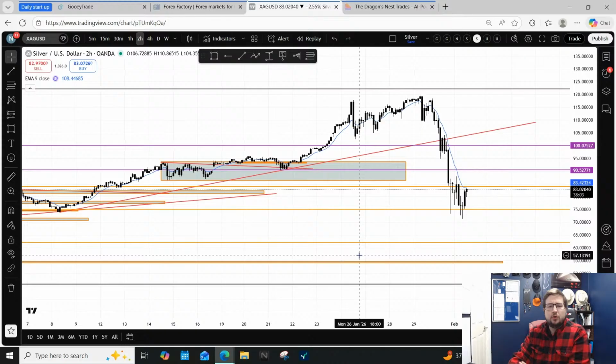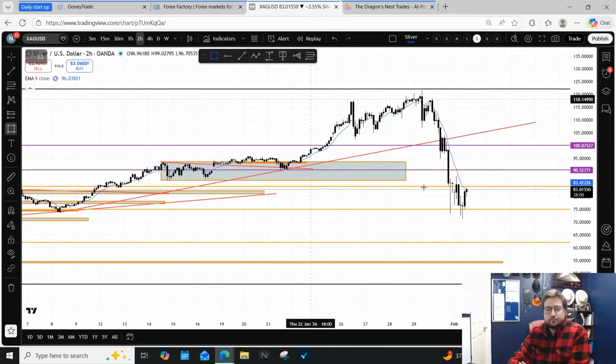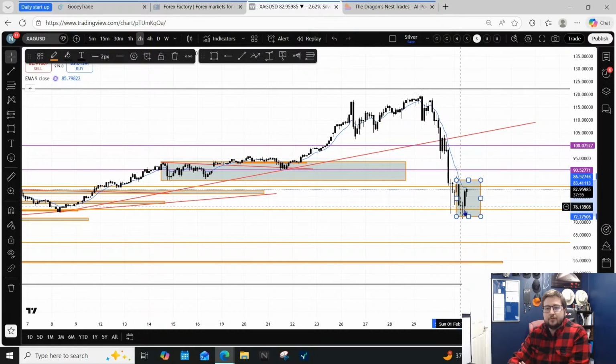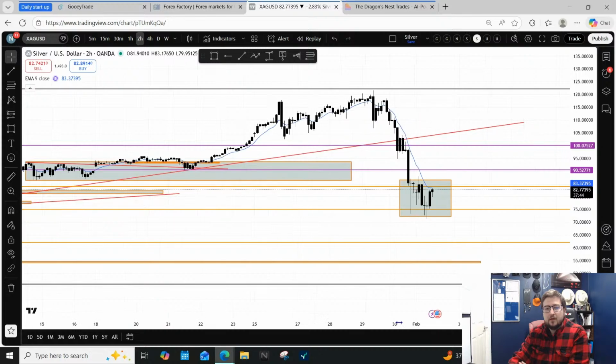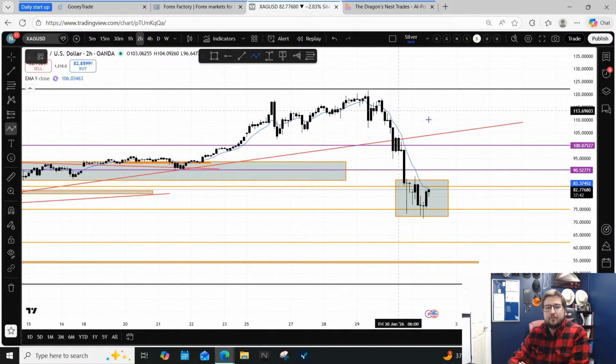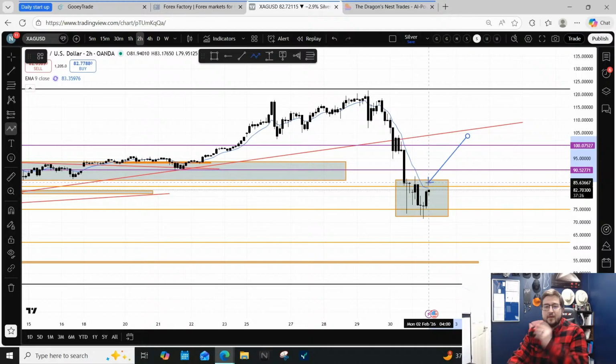All right. So just looking at a 2 hour, some people would look at this exact move right here with this bearish engulfing bar, doji, bullish engulfing bar, and they would look at this and say, this is a morning star. Me personally, this is not a morning star, because this bullish engulfing bar was not an actual engulfing bar engulfing this drop. So if this bar right here, the bullish bar, broke above these highs, then I would have bought,